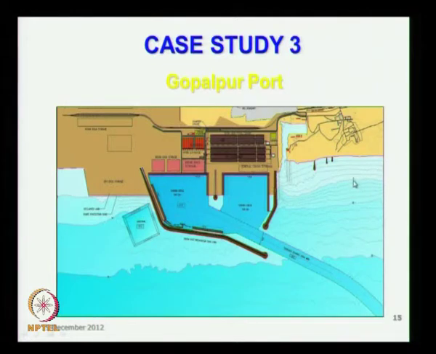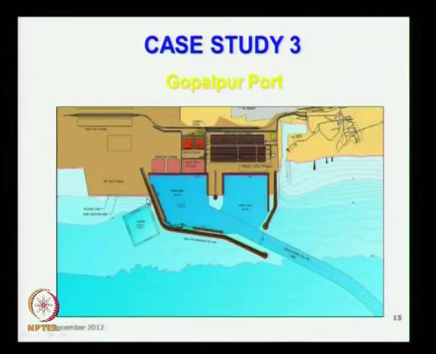This is your 5 meter contour, this is your 10 meter contour, and this is about the 15 meter contour. The 10 meter contour is available at a distance of about 700 meters or so. It is a very steep slope, the ideal location for a port development. If you go about 700-800 meters and get the 10 meter contour, it is really good. In most other places it varies: at Tuticorin the 10 meter contour may be available after 3 kilometers, at Chennai 1.5 kilometers, and here it is only 700 meters.